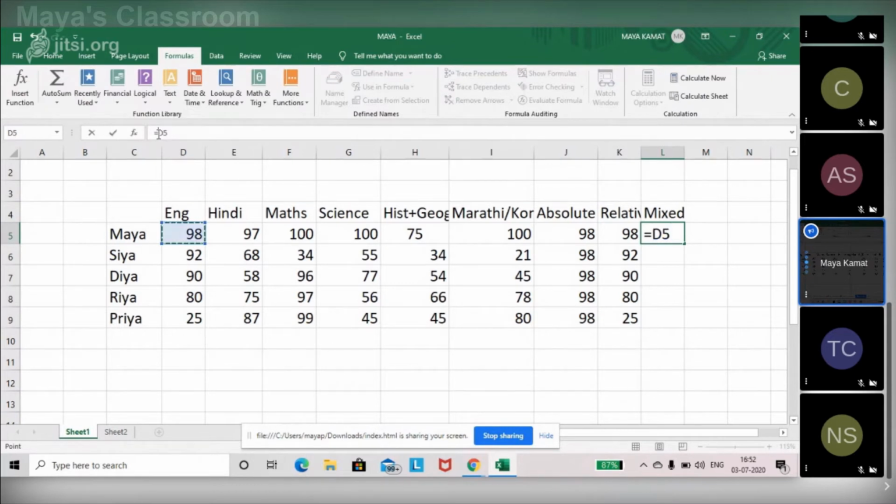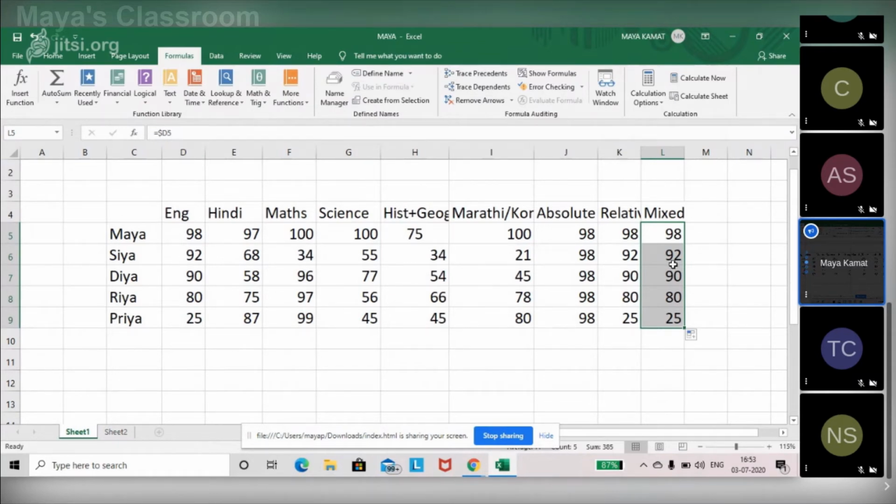So we'll first lock the column. What has happened? We have locked the column. So the column is going to remain D only, whereas the row is not locked. There is no dollar sign before 5.